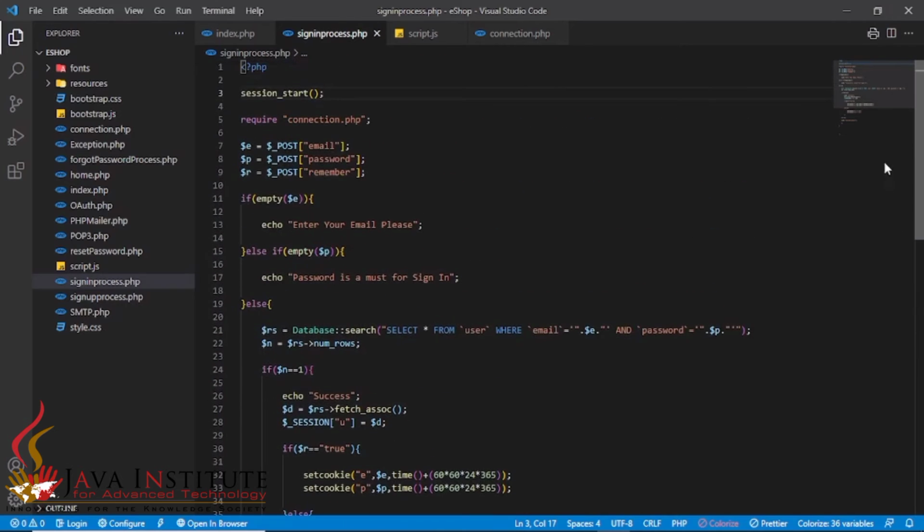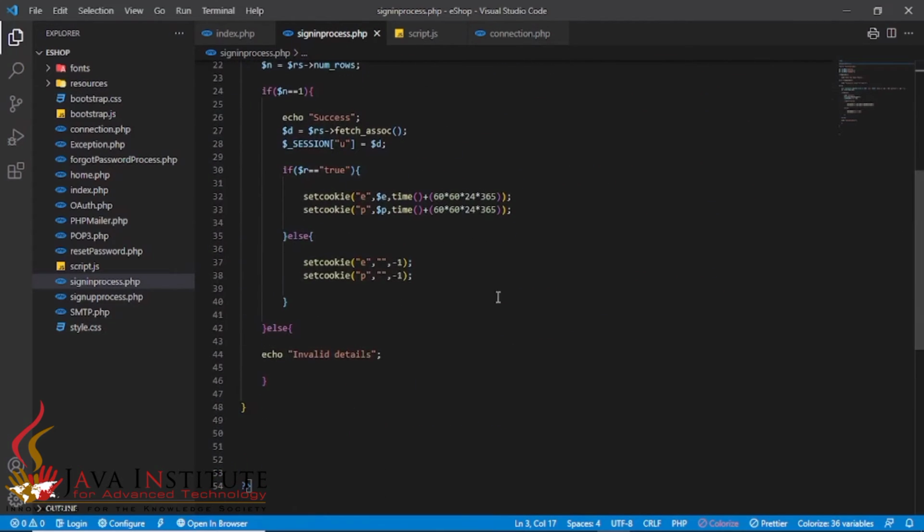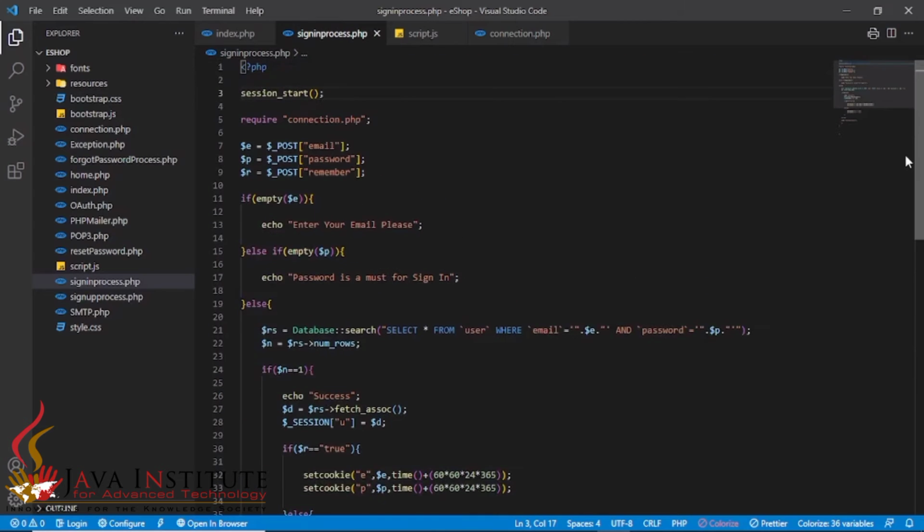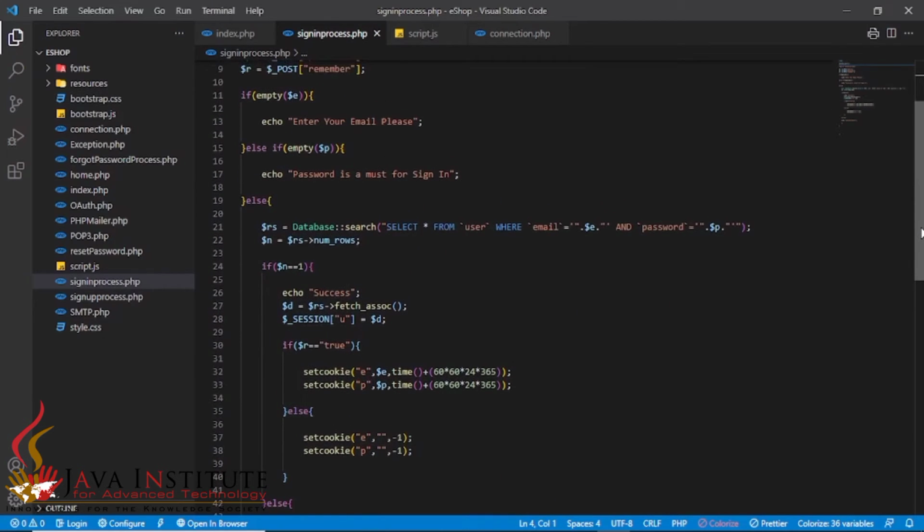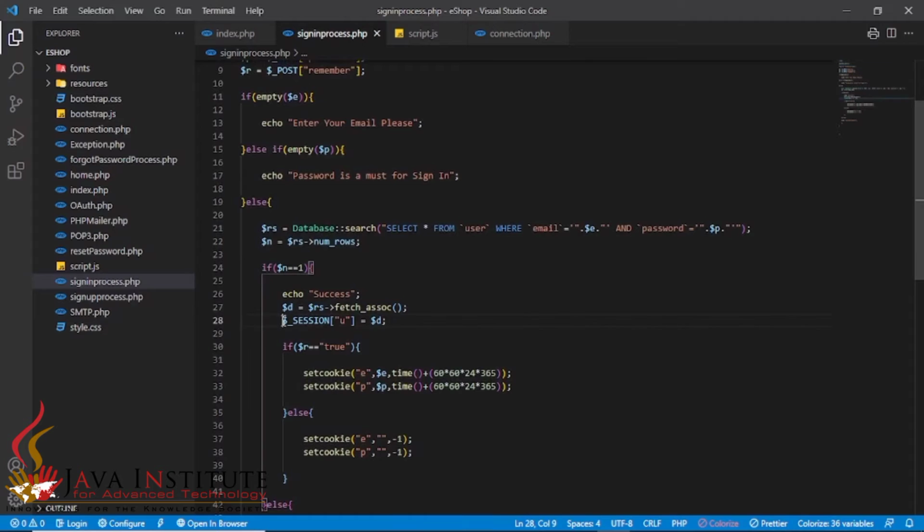If I have to set cookies for this email and password if the user has ticked that remember me checkbox. So because of that I have used it here, but also here I have created this session, because here you can see I have made a session in order to get all the details from the user table.